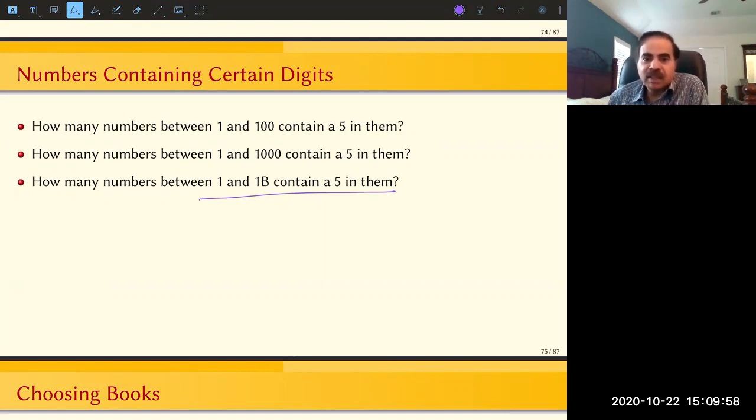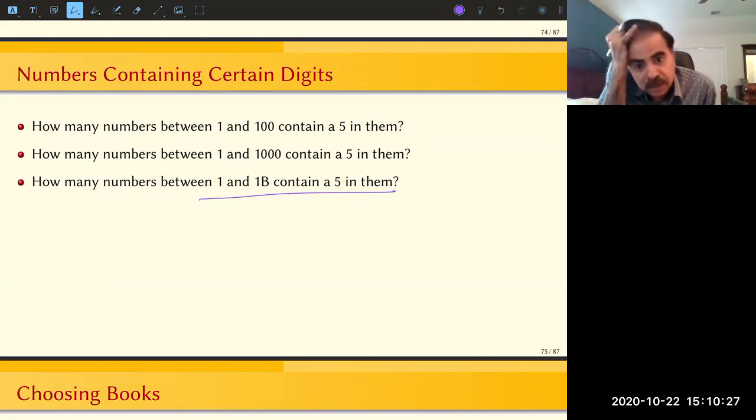Like, for instance, it shouldn't take the rest of the class to do the calculation. So is there some way we can do this quickly? Inclusion exclusion principle is just one of the